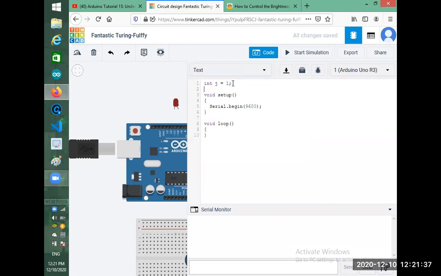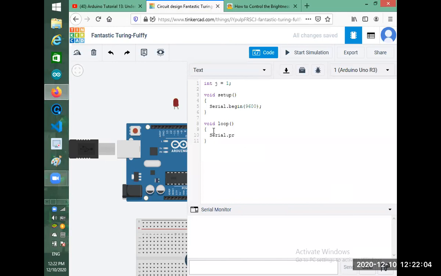The next thing we need to do is increase this. Now we are beginning. What do we want to do with the serial monitor? We want to print this variable, the number we have written. So we say Serial.print.